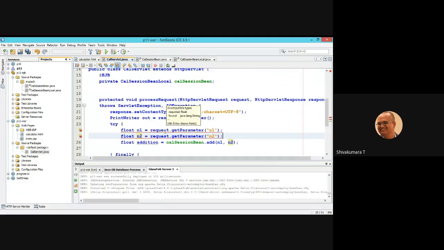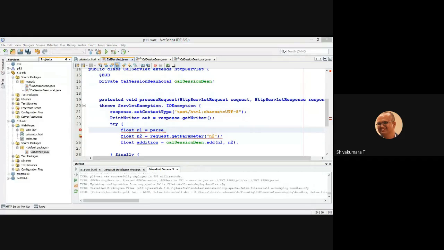Now there is a type mismatch, so you need to parse it.